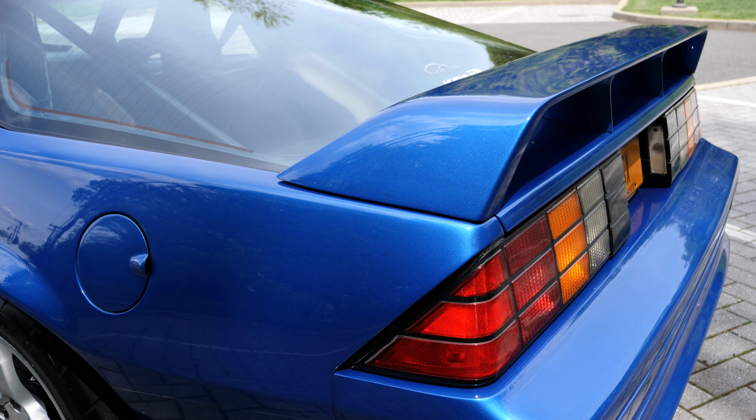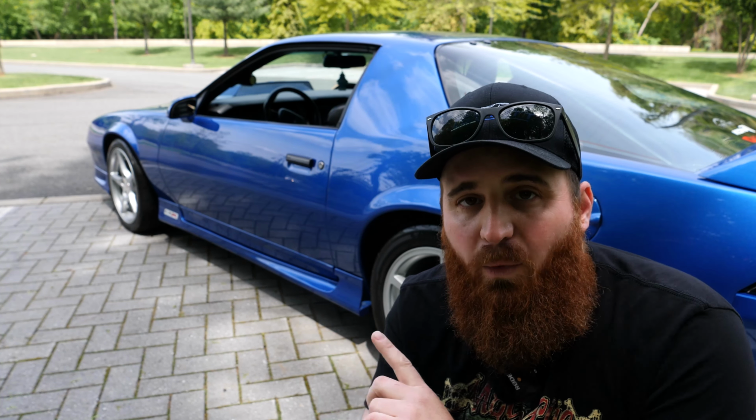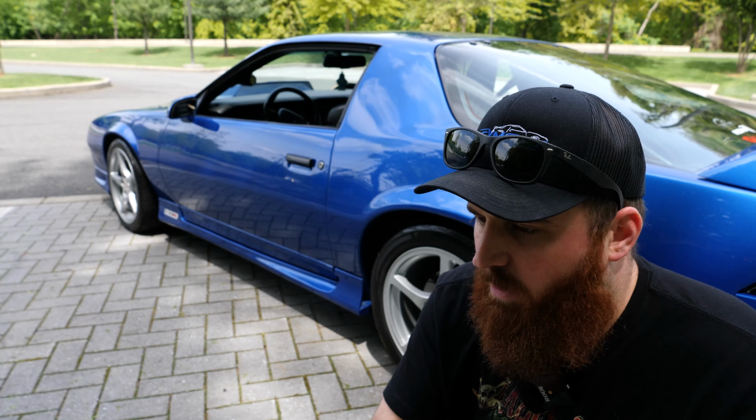And then the last thing I did was remove the lip spoiler, and I put the '92 Z28 style spoiler on, and I welded up the holes that were there for the old one, and I bonded them up, block sanded them, and primed it. After that was done, I proceeded to wet sand the entire car, the high build primer, with 600 grit sandpaper. I didn't want to see any sanding scratches, nothing like that,